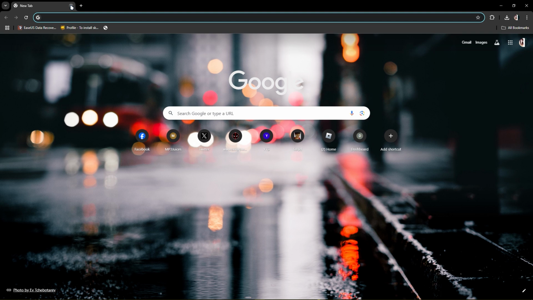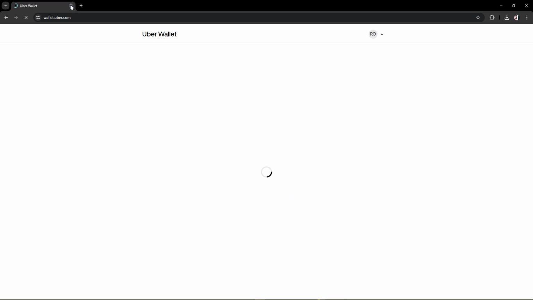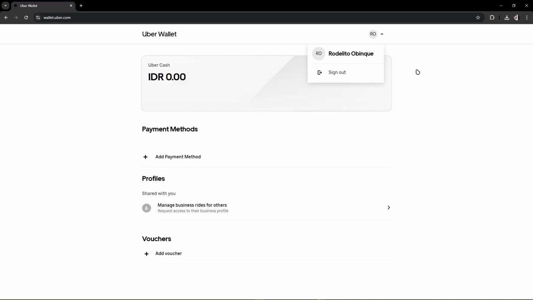So in this video, I'm going to show you how to transfer Uber cash to a bank account. For a quick method, you just have to go to wallet.uber.com. Once you're in here, make sure that you are logged in to your account and make sure to add the